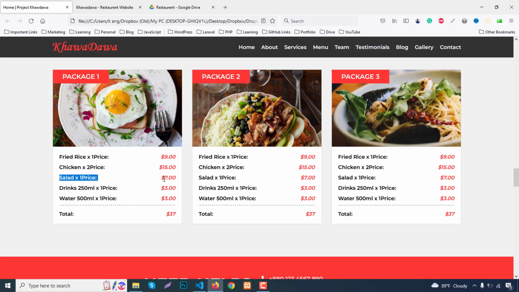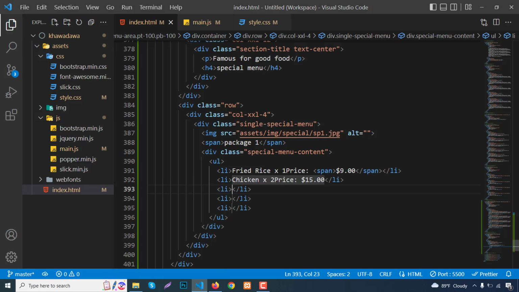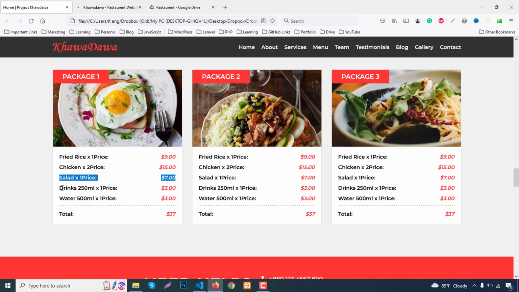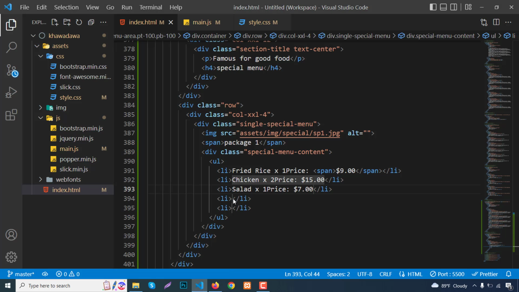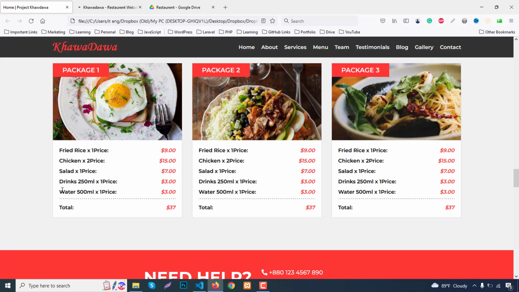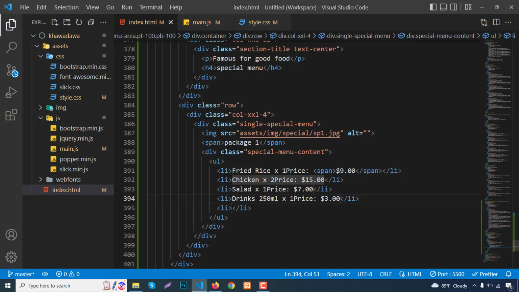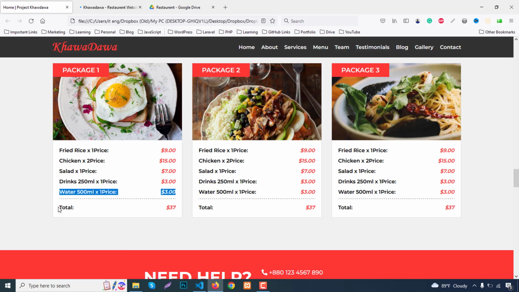Then we need salad, one price, copy and paste. Then drinks, copy and paste. Then water, and paste, and finally this item,